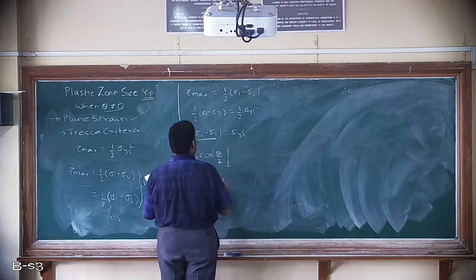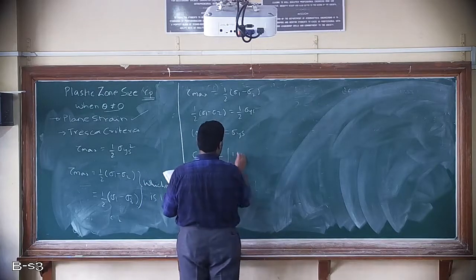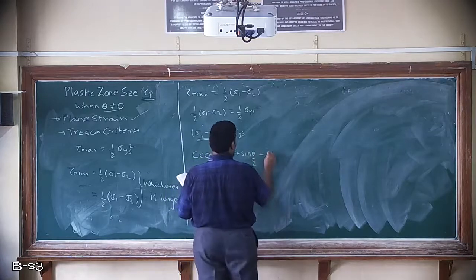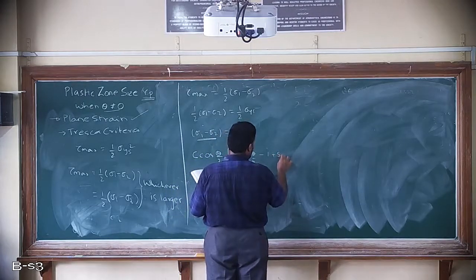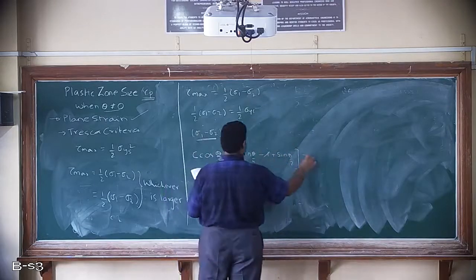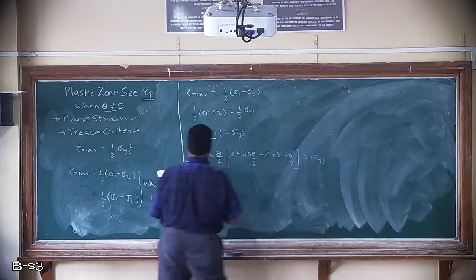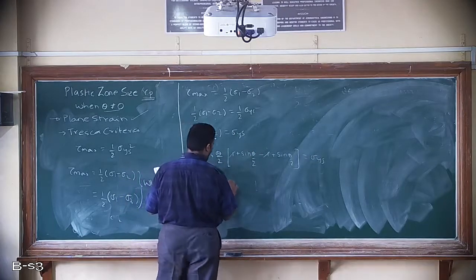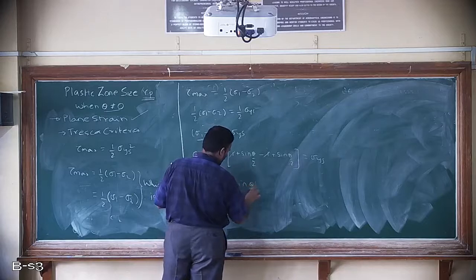In the bracket, what remains is 1 plus sin theta by 2 minus 1 plus sin theta by 2. So plus 1 minus 1 gets cancelled. So what we get over here is c cos theta by 2 into 2 sin theta by 2